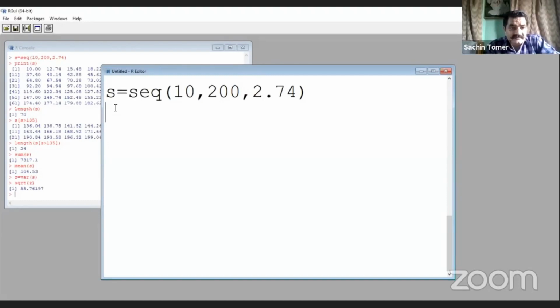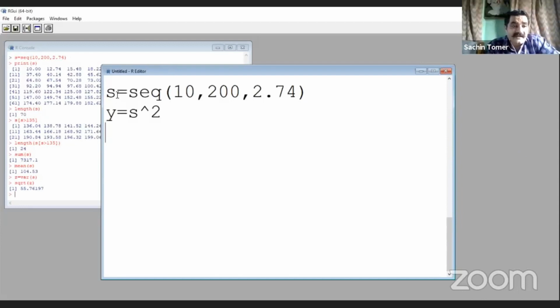So we are introducing a new variable Y, which is equal to S square. Now we want to draw a scatter diagram between S and Y. What we are trying to do: we now have two variables.